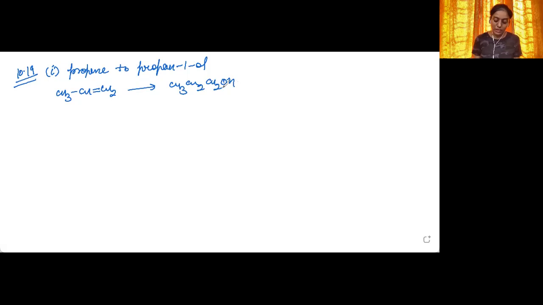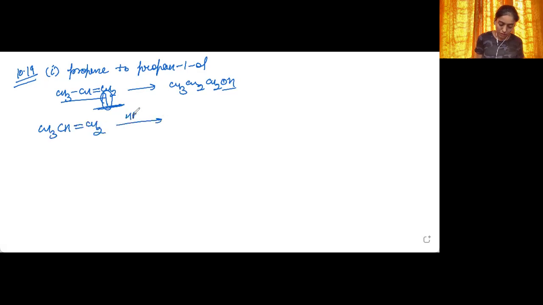We can convert alkyl halide into alcohol. If I convert alkene into alkyl halide, our work will be done. Now, first of all, we need to have the halide group at this carbon atom. Halide needs to be here. So for that we need to see whether we will be doing the electrophilic addition of HBr into this molecule according to Markovnikov's rule or anti-Markovnikov's rule. So let's just quickly do it.